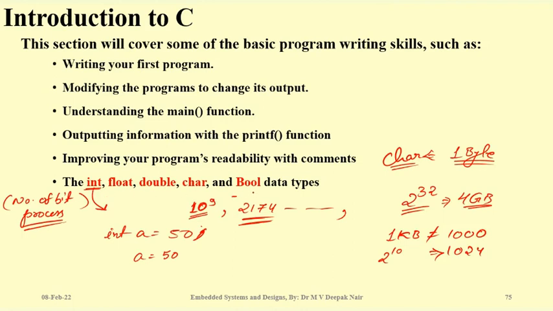In that case, there will be a number 21 something something something, and then 0, and minus 21 something something something, 0 to plus 21 something something something. That's the range of int. So here 4 GB is, if it is unsigned, it will be 0 to 4 something something, which is 10 to the power 9. So these are the important things.